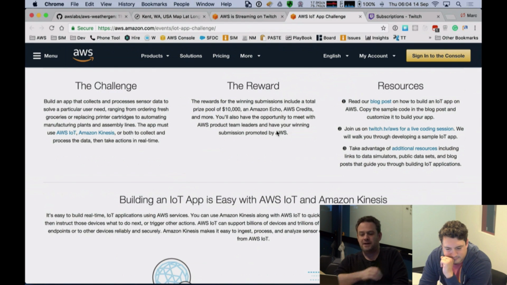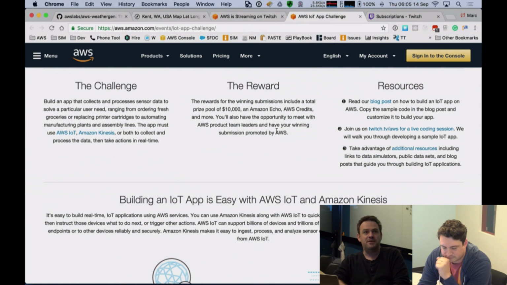We want you to identify some problems and try and solve those problems that are out there. So it could be anything from how do you ingest data around ordering of groceries, automating requests for changing printer cartridges, or collecting data from industrial IoT applications.